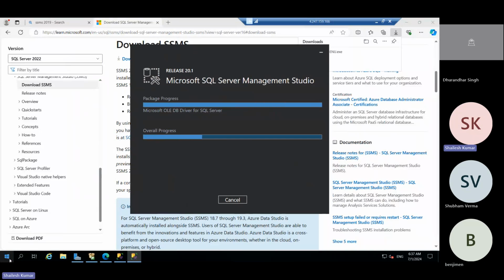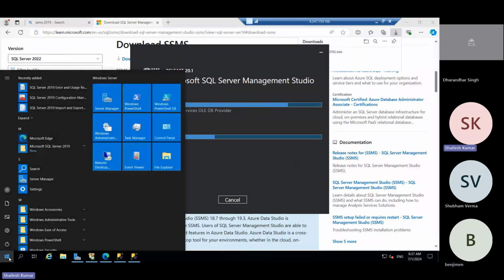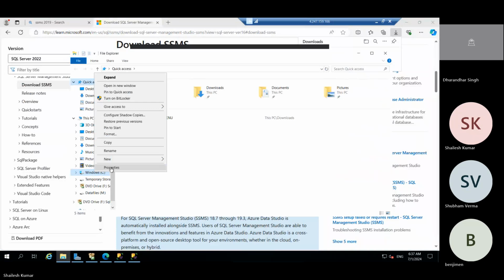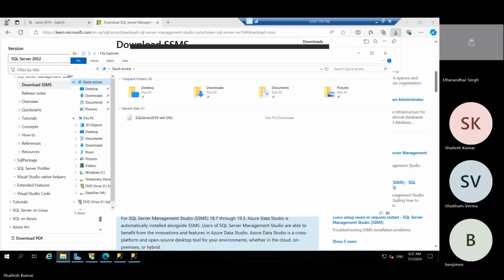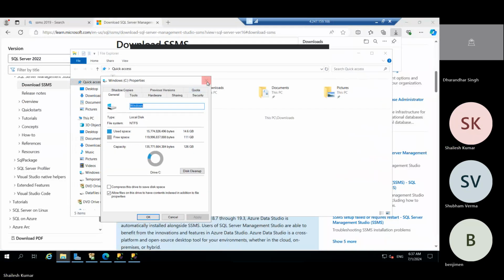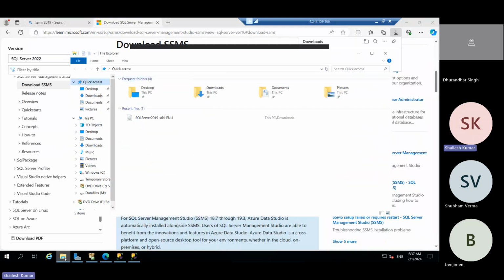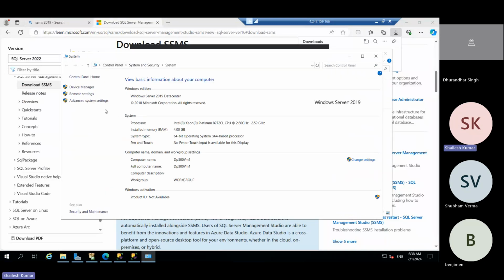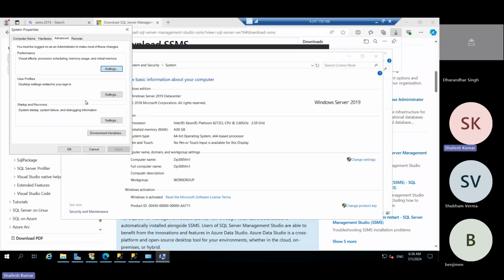We can do one thing because we have to restart the system. So we go with that paging part. Let's see here. We have to go with Windows, then properties, advanced settings.